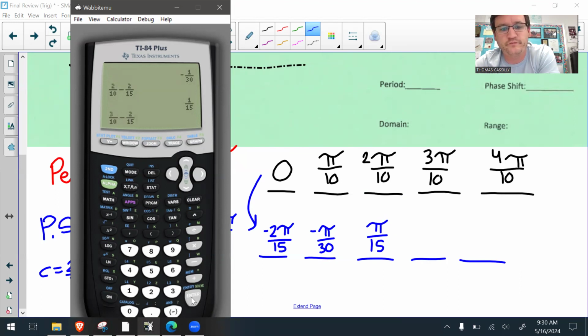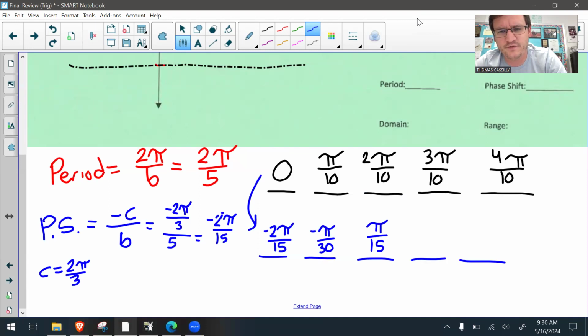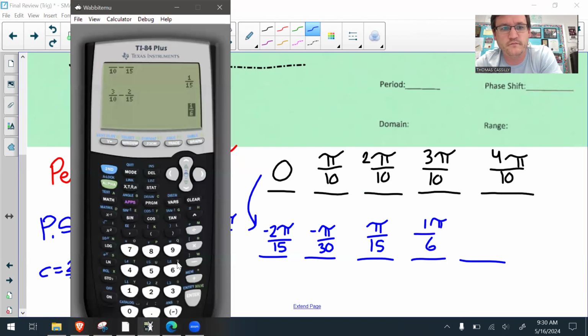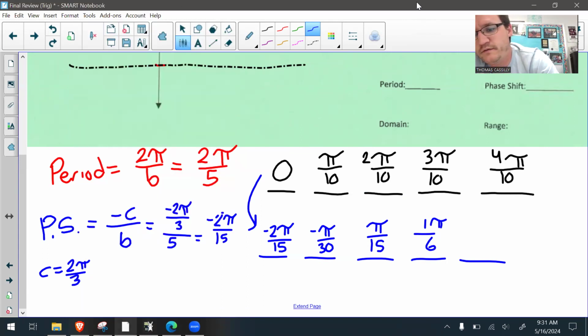So we have 3 pi over 10 minus 2 pi over 15. That's 1/6. Why is that 1/6? Pi over 6. And then the last one, 4 pi over 10. Copy this down one more time. This gives us 4 pi over 15, right? So if you look at those numbers, they do look kind of messy, but if you want